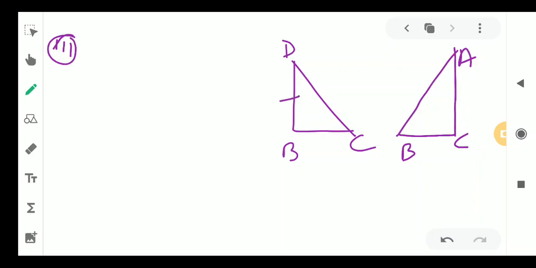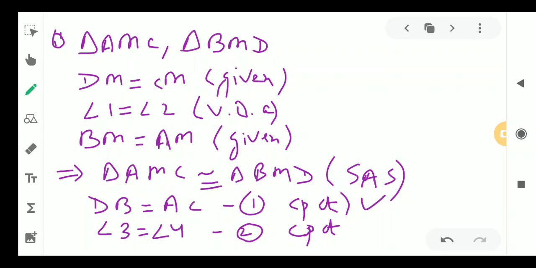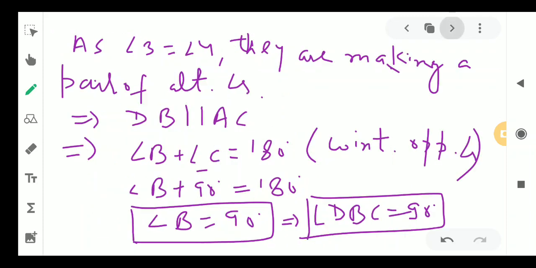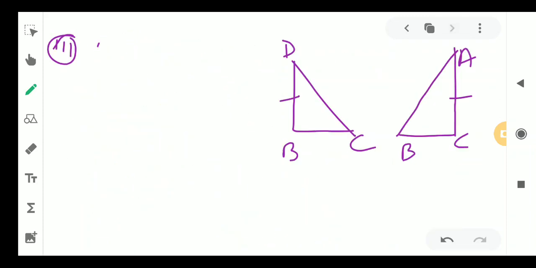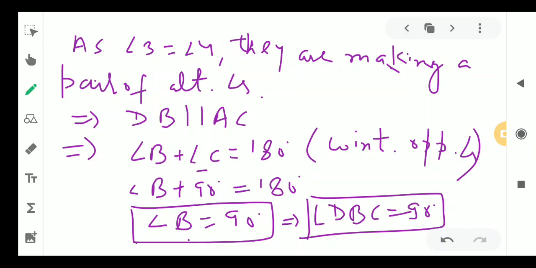Earlier we have proved that DB equals AC. We can see here in this result number 1 we have shown that DB equals AC when the two small triangles were congruent. So we can write here, suppose we are taking triangle DBC and triangle ACB. We can write DB equals AC, and this is from the first result. Then right now we have shown angle B is of 90 degrees and angle C was